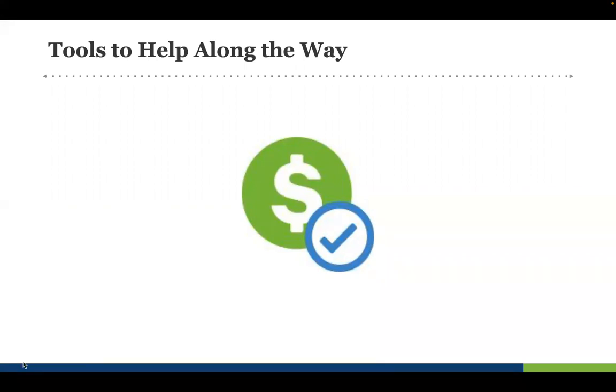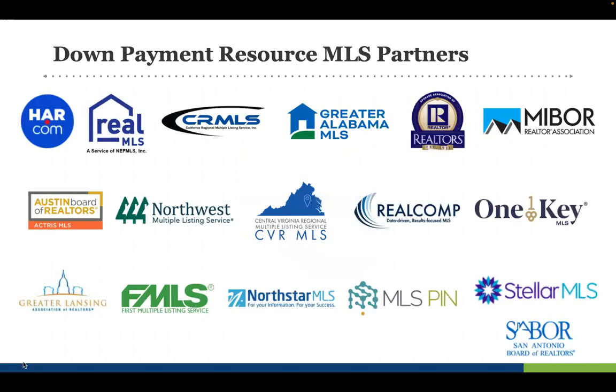And in the details of each program, the first thing we show you is who the participating lenders are, and then how to take the class, and then how to contact the agency that offers the program. So look for that on listings in agent views, single line, detail view, grid view. And then here again is the list of MLSs. That's where you will see that down payment button on listings within your listing platform. And you will also have Down Payment Connect for free from your MLS dashboard. Click on Down Payment Resource and go to your DPR dashboard, and your Down Payment Connect lead generation tool is waiting for you there.